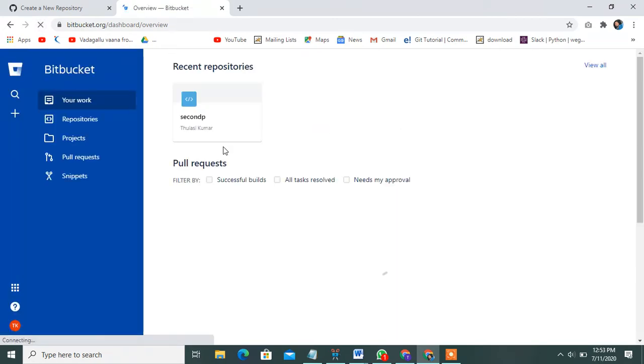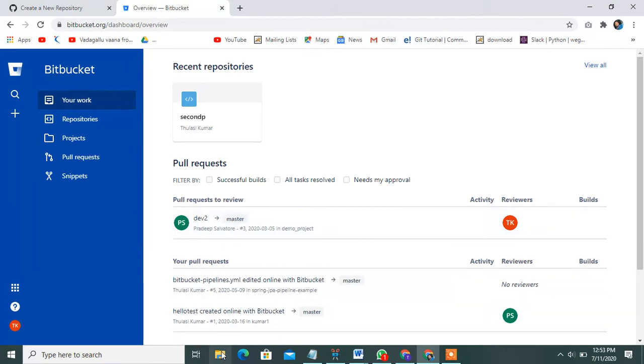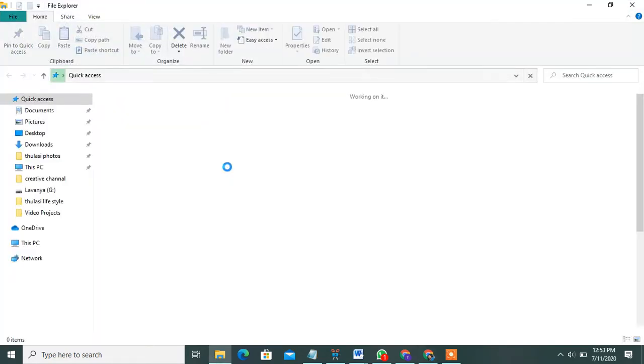Okay, open my repository. Yes, this is my central repository. Yesterday I created one project, created one repository, then cloned it.